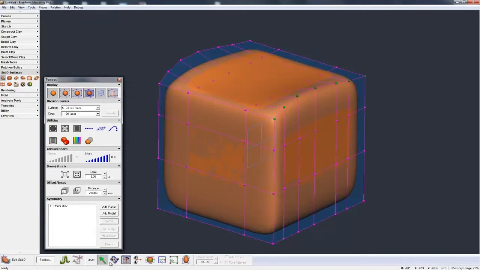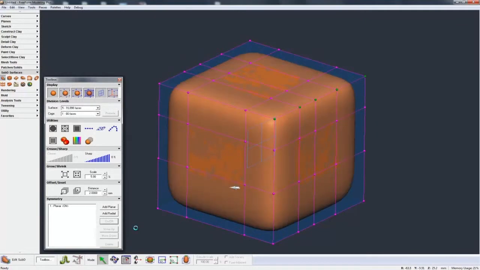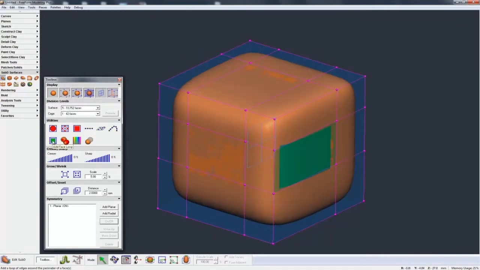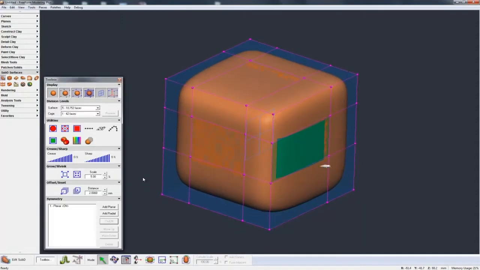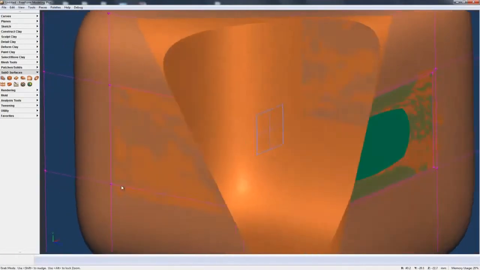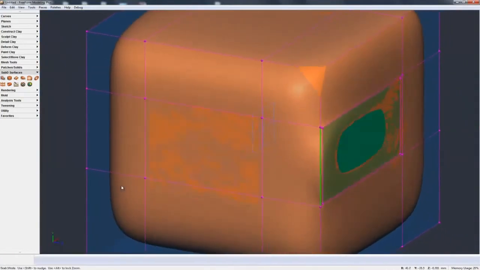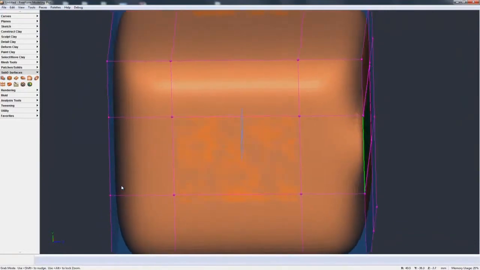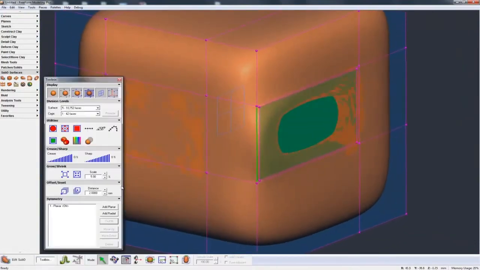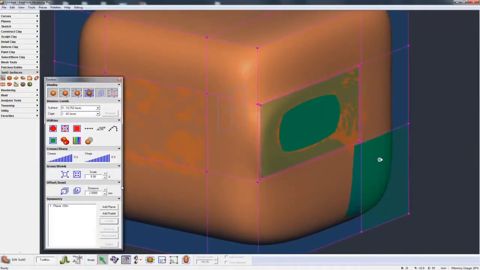Now let's undo some of this. The next option along is adding a face loop. So I can select this face, and when I hit add face loop, you see what it's done is just come in and added just an inset loop, a very subtle inset loop, and that allows me just a little bit more control. And if I was to do that again,